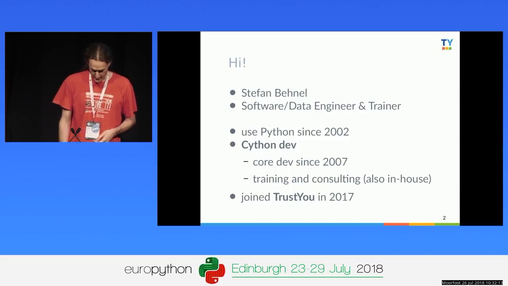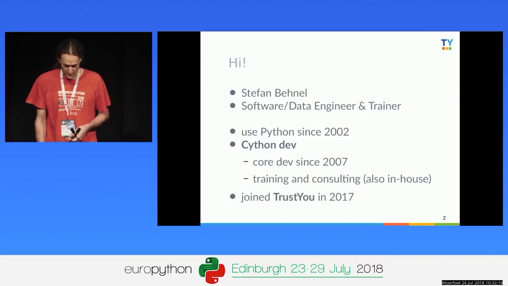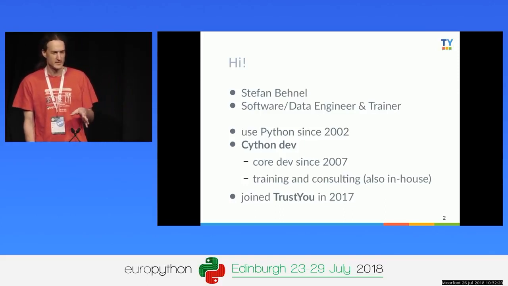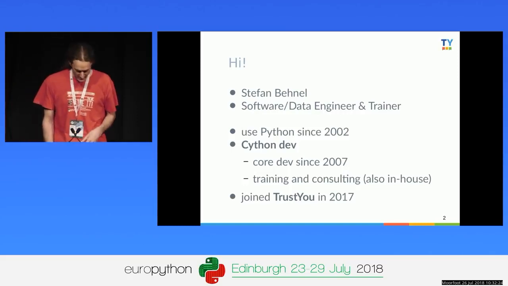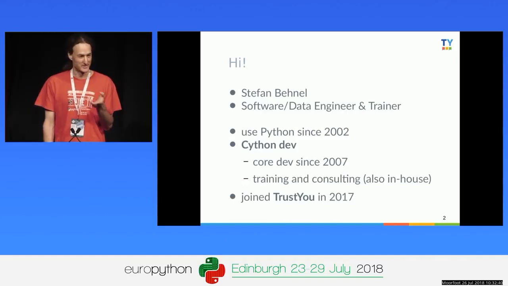Ever since we forked the project from an existing project at the time. Who knows Pyrex? Heard of the name before? Yeah, about a dozen people. Yeah, wonderful. That's what we forked, and Pyrex has basically not been updated much since then. So we've pretty much taken over the project, and everyone's using Cython these days. But thanks, Greg, for writing Pyrex, because it was a wonderful tool to build Cython on.